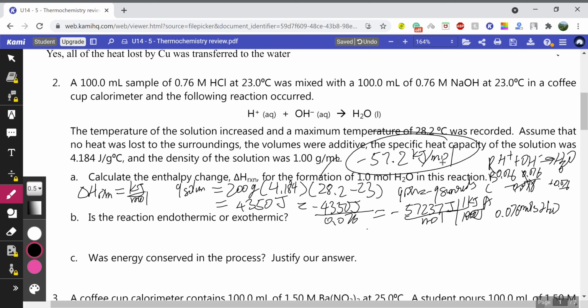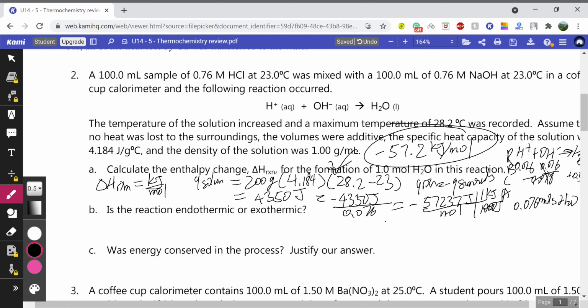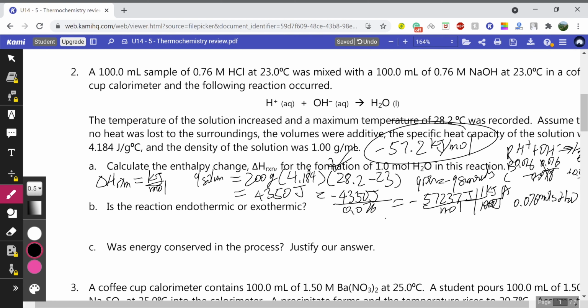And that's our answer for part A. Is the reaction endothermic or exothermic? The answer is going to be exothermic. Was the energy conserved in the process? Yes. Heat lost by the reaction is gained